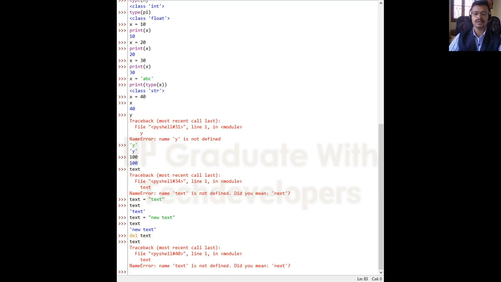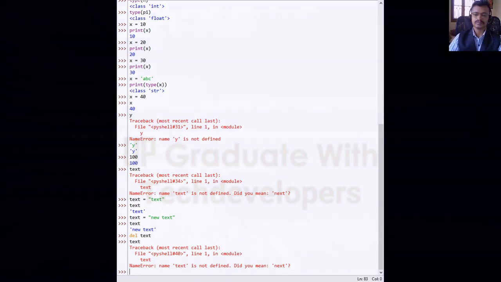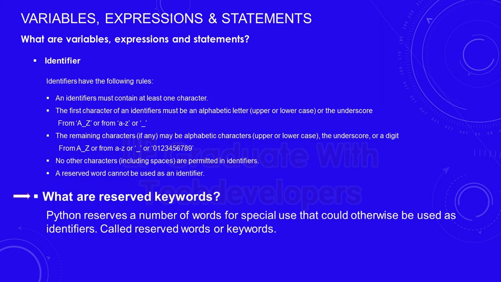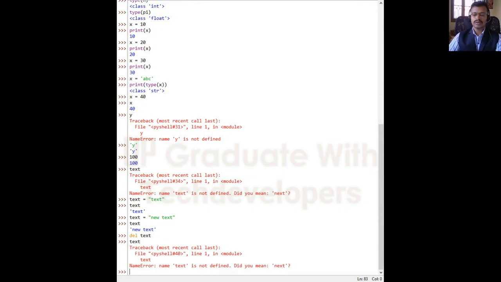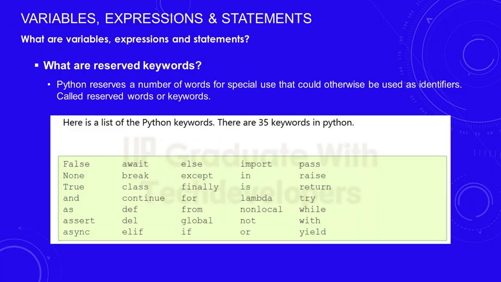Let us see what reserved keywords are. Python reserves a number of words for special use that could otherwise be used as identifiers. They are called reserved words or keywords. These words are special and are used to define the structure of Python programs and statements. Here we can see the list of Python keywords. There are 35 keywords in Python. Now let us see the practical work